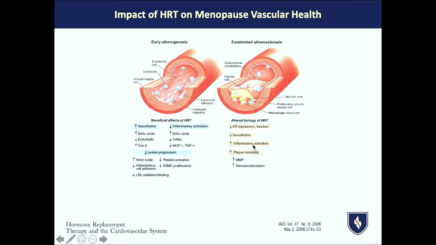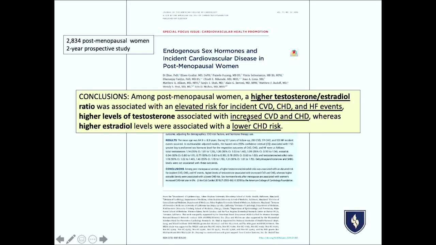Now, in women, it's totally opposite. So in women, there's an effect of estrogens being protective. And here you can see what's happening with early atherogenesis and established atherosclerosis, but there's decreased expression of estrogen receptor sites. And when you look at the study that was published of 2,838 postmenopausal women over a 2-year prospective study,